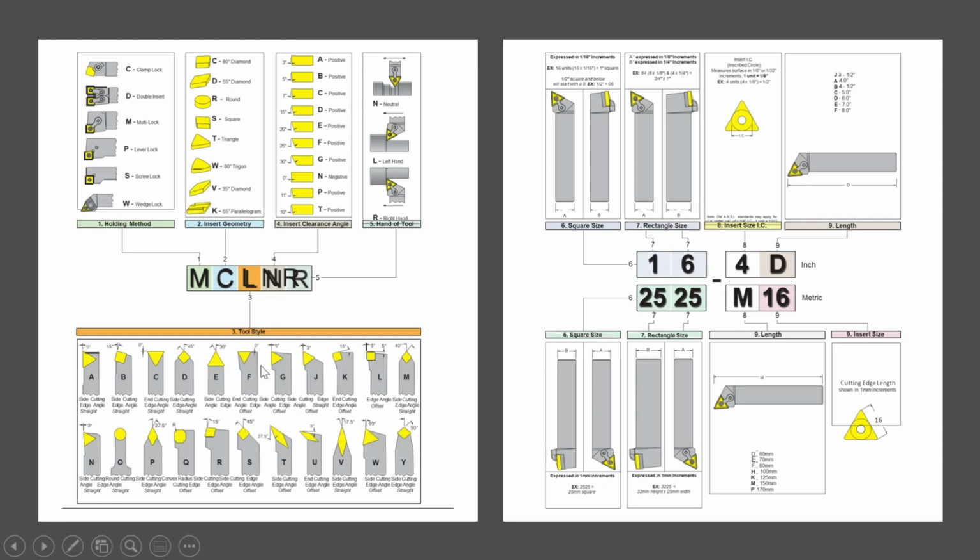Depending upon the insert application, whether you are going for facing or turning or grooving or internal boring, different tool styles can be selected. Here L stands for edge angle offset. This can be used for both turning and facing. If you consider this U type, this can be used for boring.